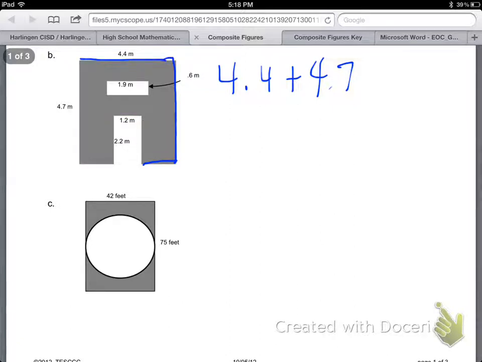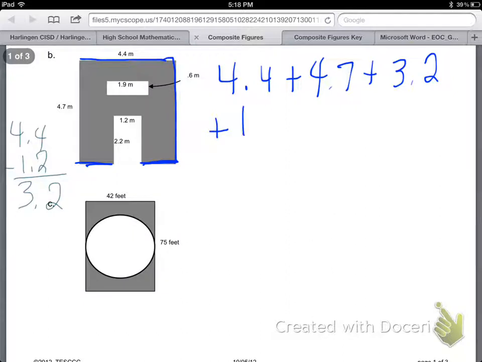On the side, 4.4 minus 1.2 will give me 3.2. So 3.2 is this and this, so plus 3.2 plus my 1.2, which is this, which I just realized I didn't have to do that because this and this is 4.4. Duh, my bad. Anyways,